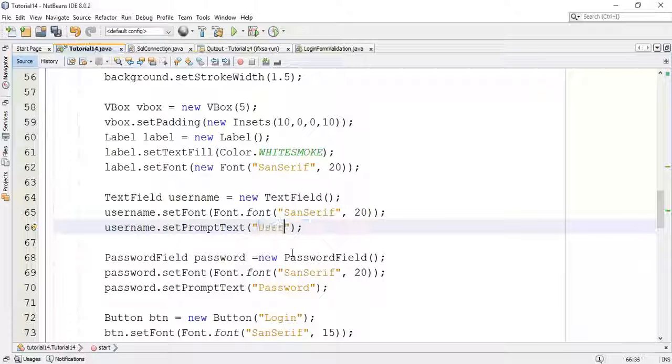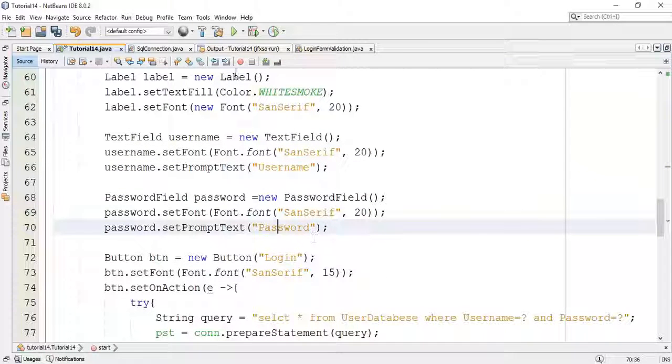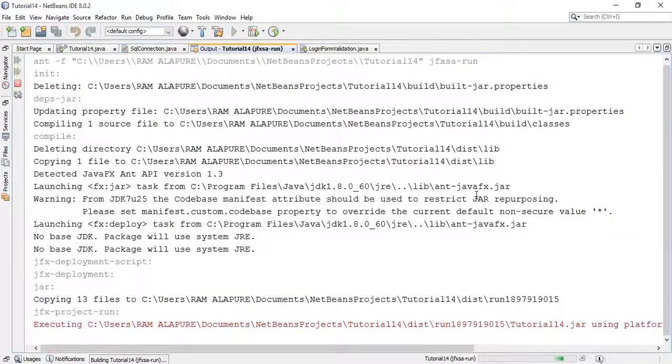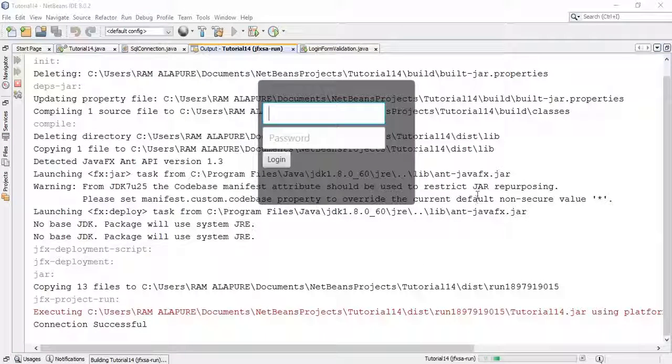So I'm going to set here a username, so it will show username and this will show the password. Save again and run. Again there is one more problem with the label.